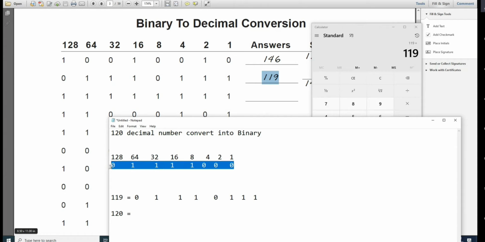Now this will become 120. Now if we need to